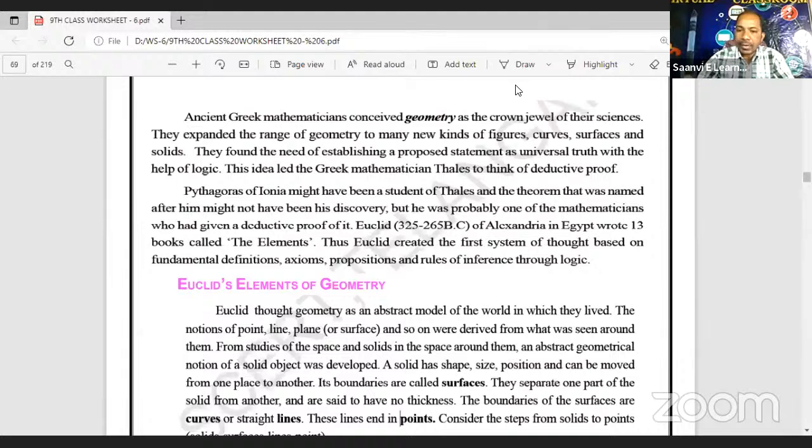And he wrote 13 books on geometry. Those 13 books are called the Elements. Okay, children,